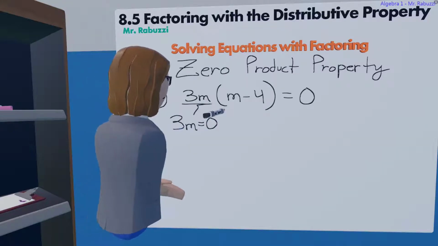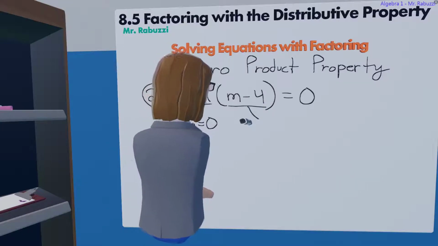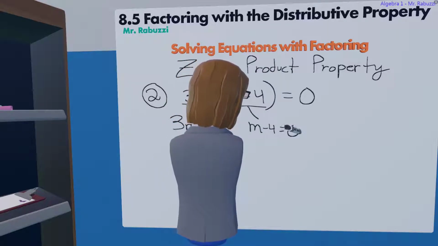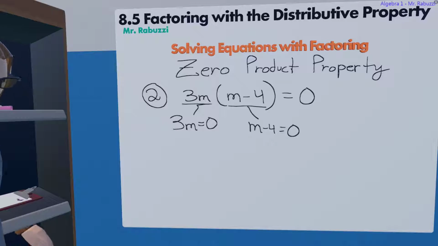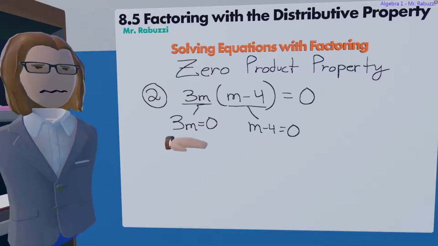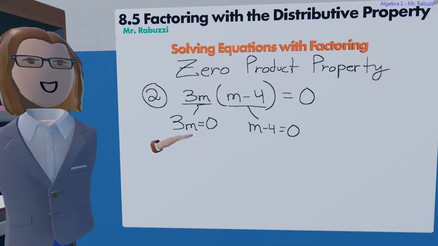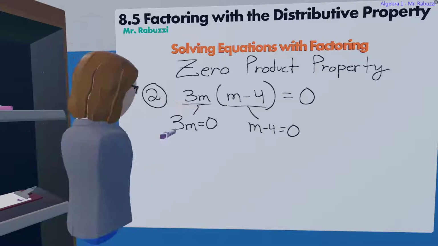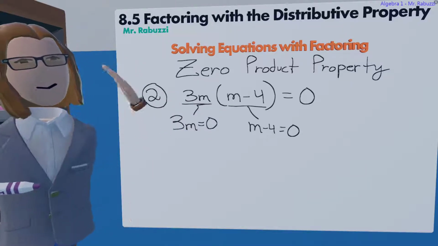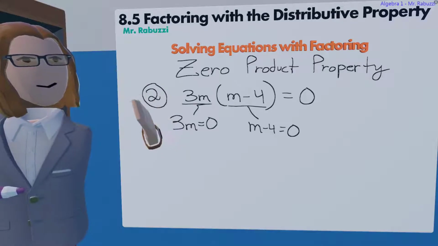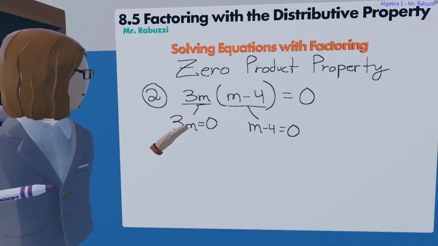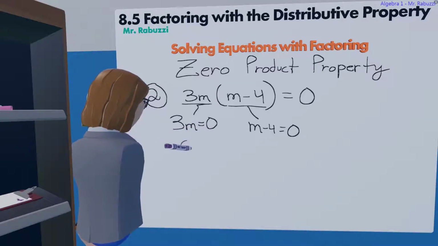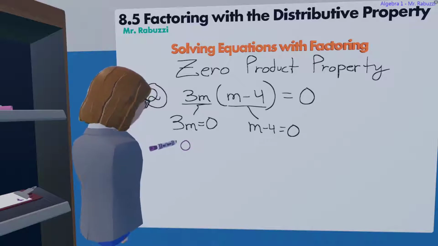And the other answer will happen when this factor equals 0. So we solve these two small equations, right? We've done things like this before. If we can solve these 2 small equations, we will get our 2 answers to the big equation. 3 times something is 0. Remember, if the answer is 0, one of the things in the product has to be 0. 3 times 0 is 0. So 0,